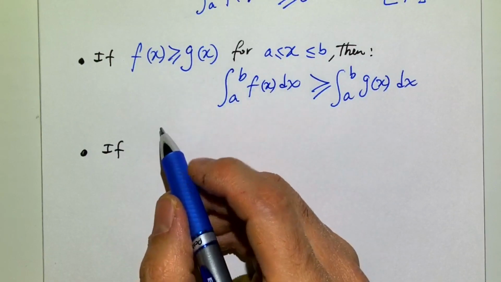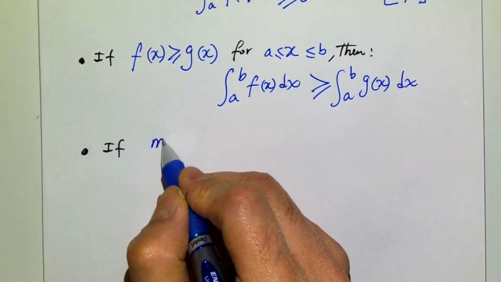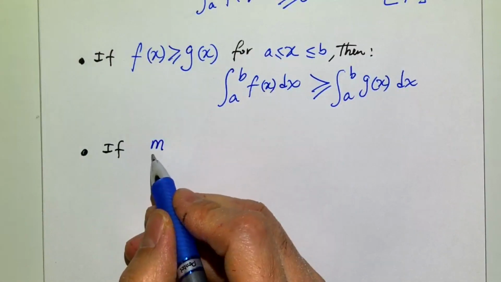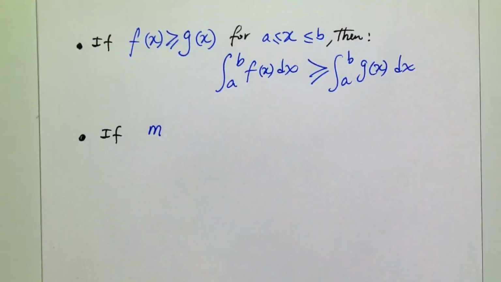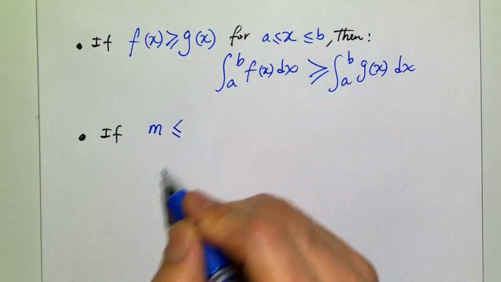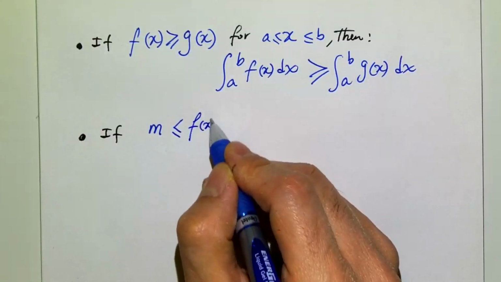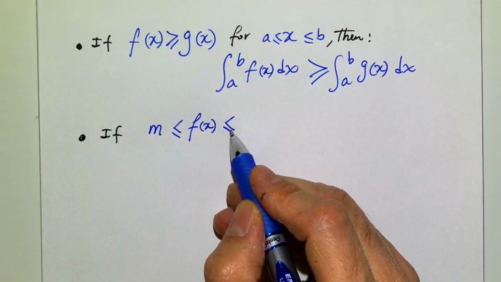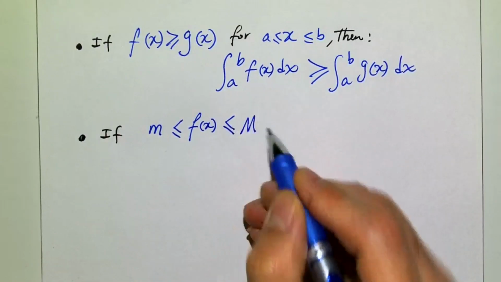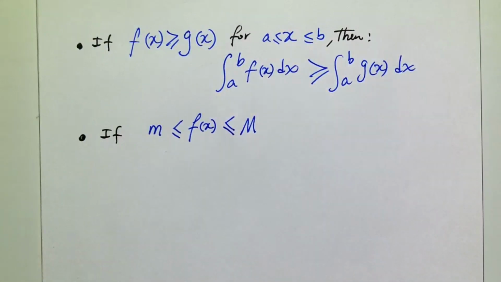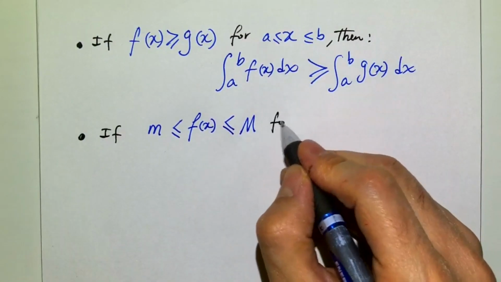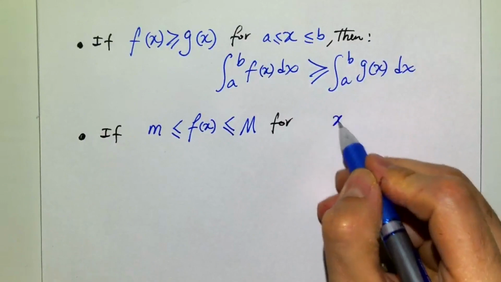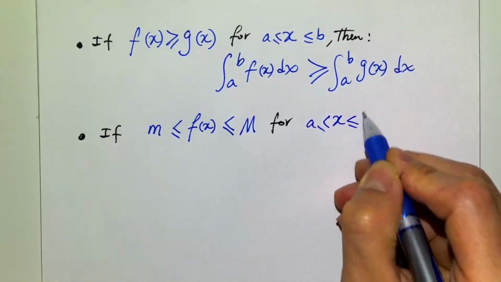But if we have m, lowercase m, as the lower sum, being smaller than the function value, and the function value being smaller than capital M, or the upper sum, over some interval, again let's take it as from a to b,